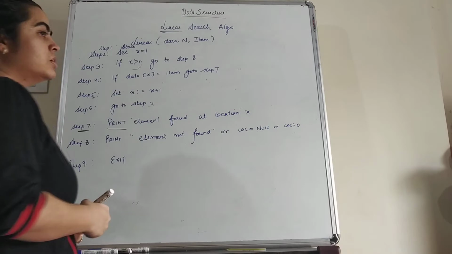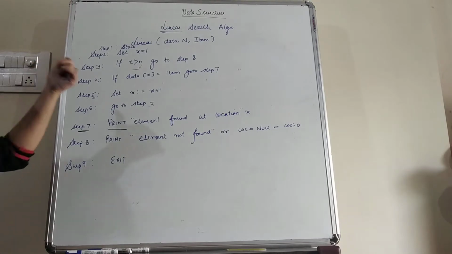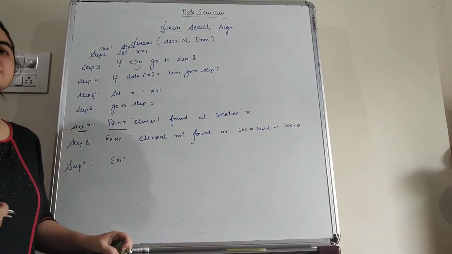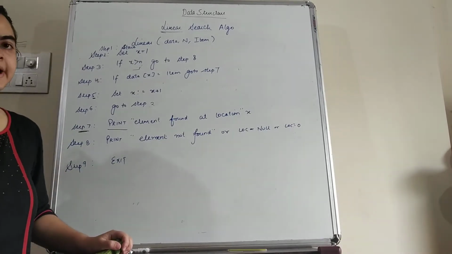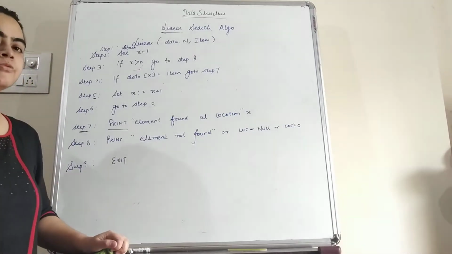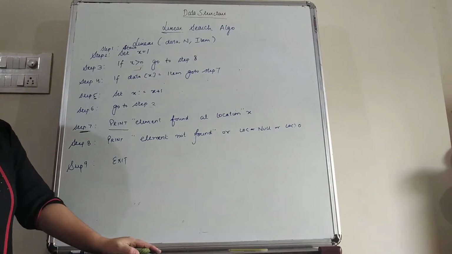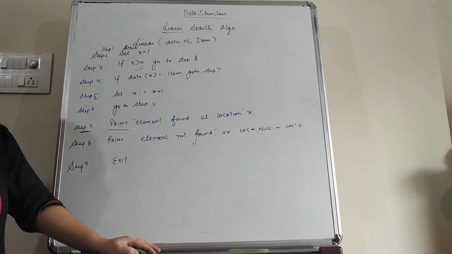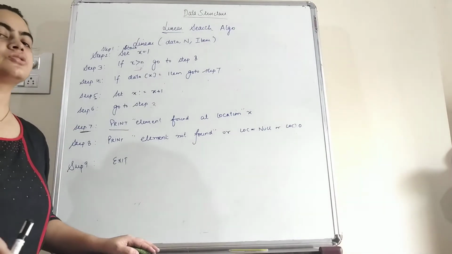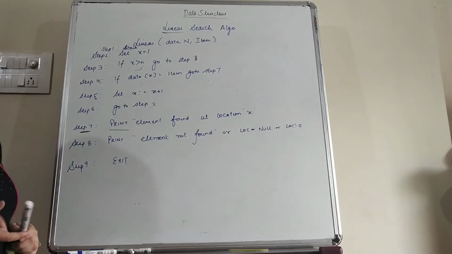Suppose we have 5 elements. From those 5 elements we have to search the item. Now students, you have to note one important thing in case of the linear search. The elements are not sorted in ascending or descending order. While we are doing the binary search, we can initially sort the elements in ascending or descending order, and afterwards we can search the elements. But here there is no need to sort the elements.